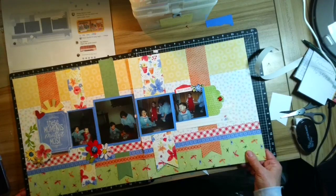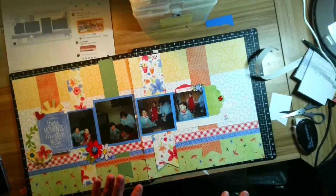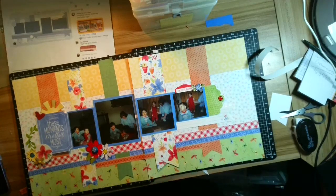I'm real happy with how this turned out, especially with older pictures. Sometimes older pictures are kind of hard to do, but even though it has a bright palette, it's light enough that it brings out the colors. I also